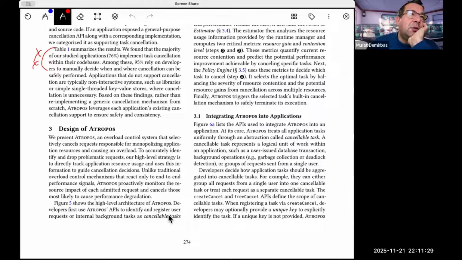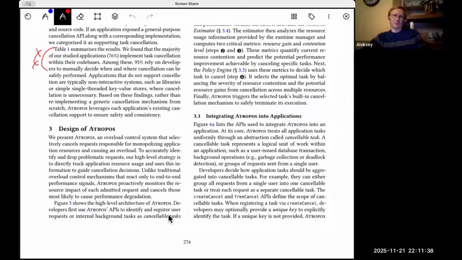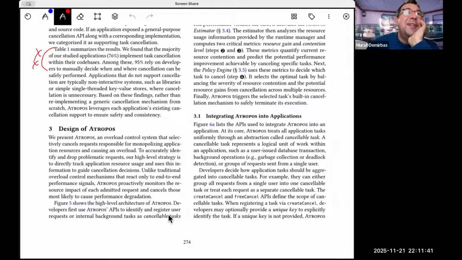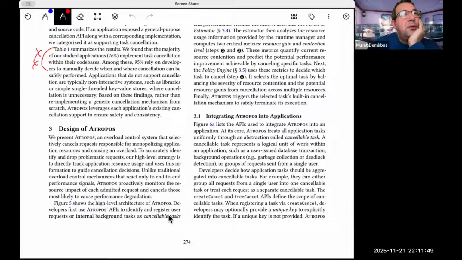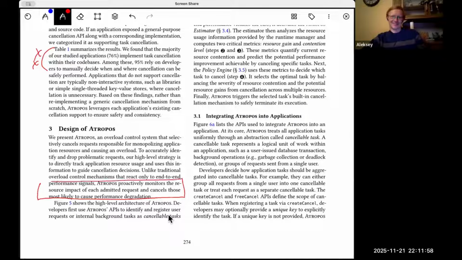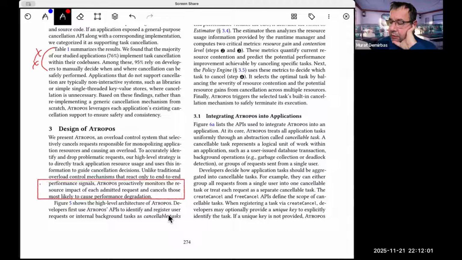How hard is it to do this for a big database like MongoDB? I don't think we should discuss that on a video. No. Well, okay. Well, they did it for Postgres and MySQL, so it's not that hard. Let's see how they did it. But this is the key, right? This is the key contribution, basically. And since they did it for Postgres and MySQL, it shouldn't be that hard.